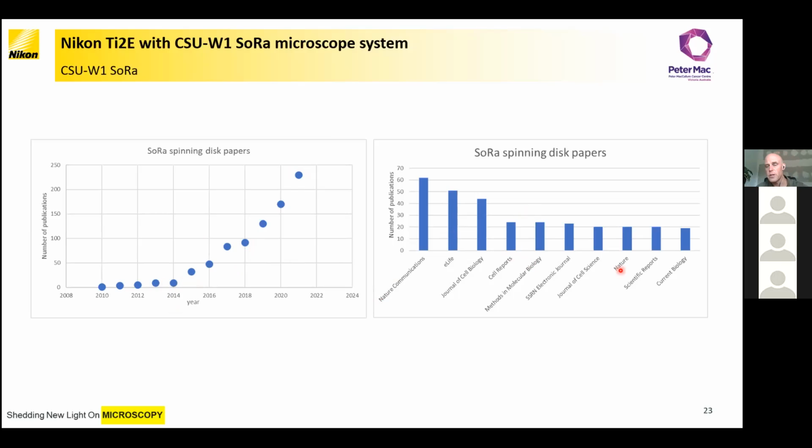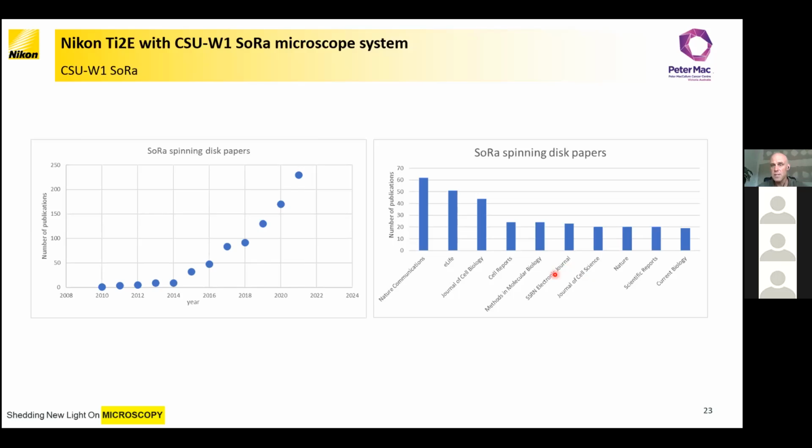I also pulled out some of the publications that these papers sit in. We've got Nature there, we've got Nature Communications. So it's really high impact research that's getting published. When we scan the papers and have a look at the types of applications that people are doing, there's